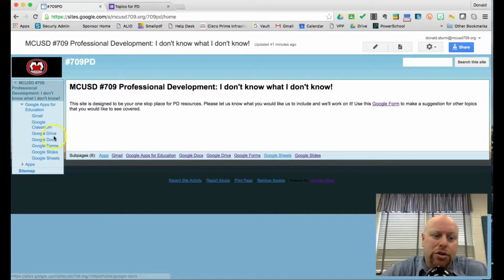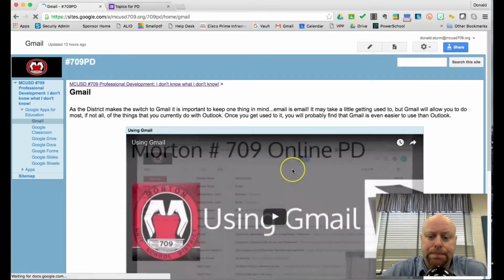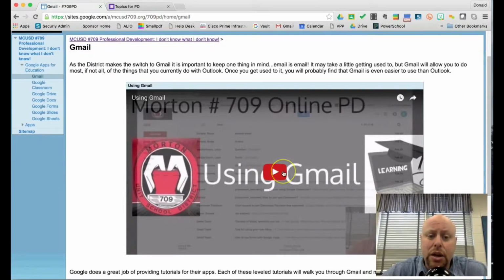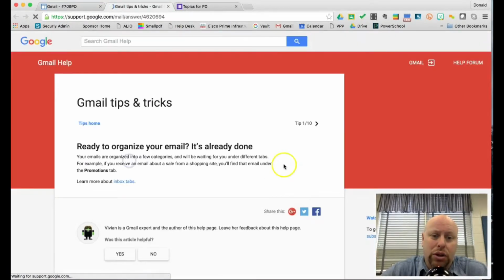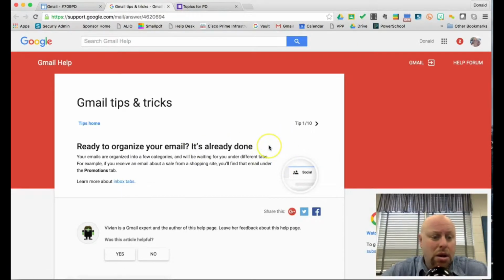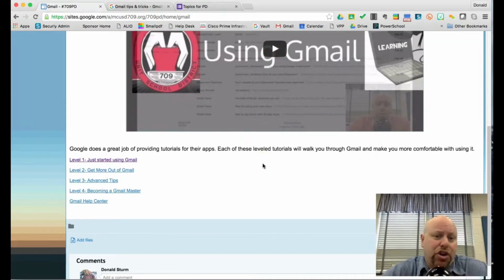I want to make sure that you understand, for instance, if you go to Gmail, you're going to see a link to something that I did. It is a very localized type of thing: here's how you use Gmail now that we're going to it. But if you scroll down, you'll notice that I've provided what Google gives in terms of tutorials. You can link out to, okay, I'm just getting started with it. All right, let's go through this. And then you go through these tips. And by the end of the section, level 1, you're going to understand that idea of getting started using Gmail.